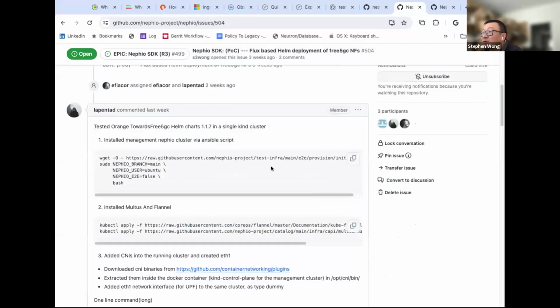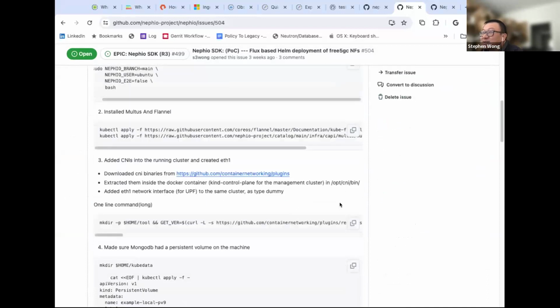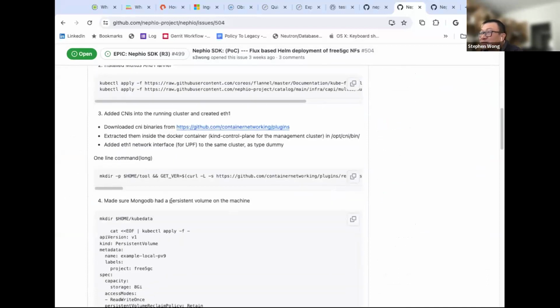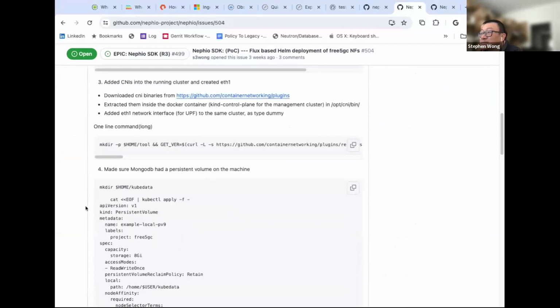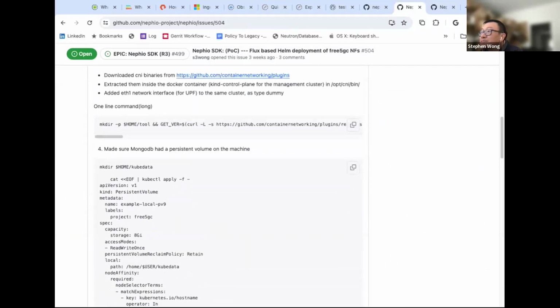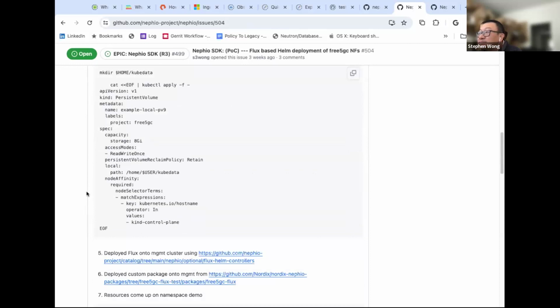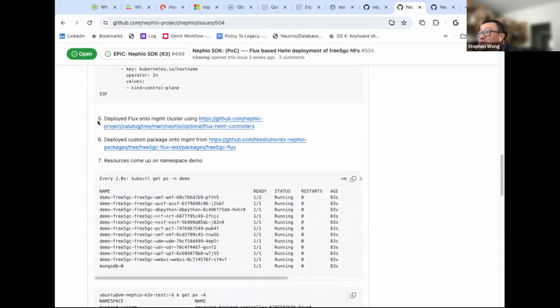so some of these are creating management clusters and things, which is fine. So we have our way of doing it. And then we have to install Mongo. And now one of these is to put Flux onto the management cluster. Okay. And then